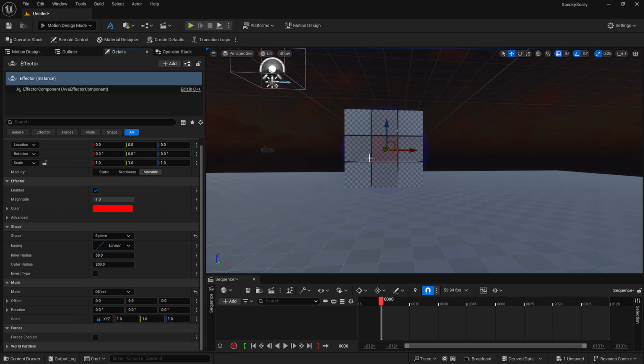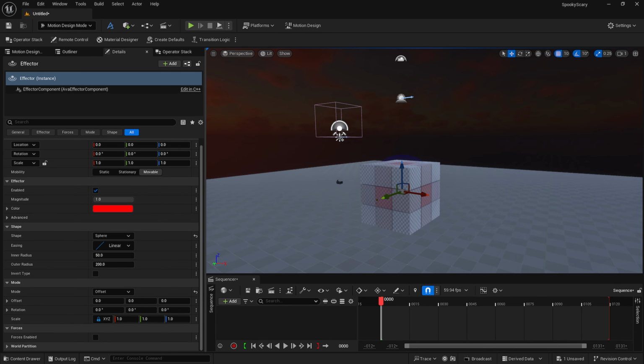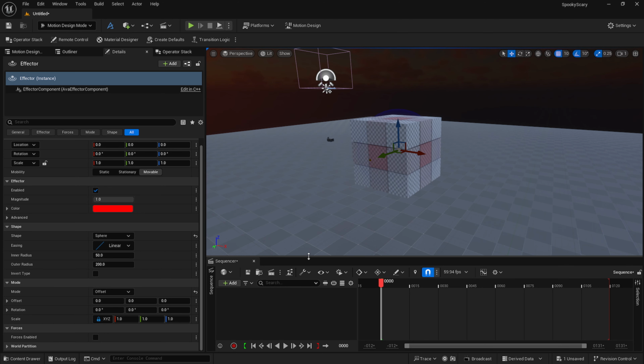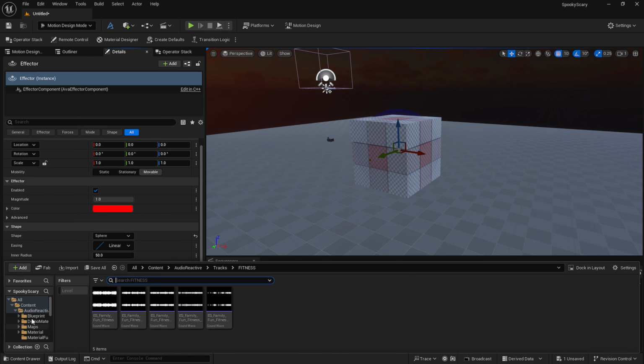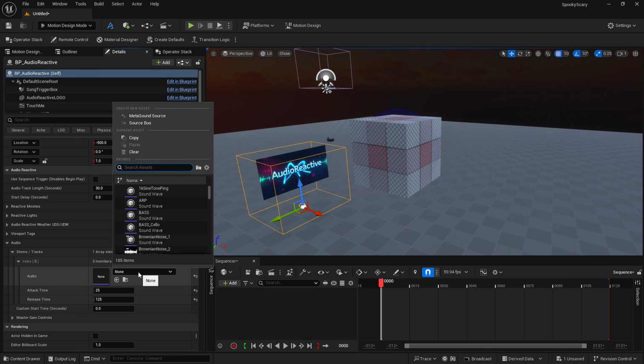Now the effector is what is going to change the transforms of the geometry. I'm sure you know this if you're watching this for motion design purposes, but basically we want to get this effector to react to an audio track that is synced up to the blueprint that is playing. So what I have done so far that seems to work is, let me bring in my blueprint really fast. Let's say I add an audio track. I'm just going to use my kick drum test.